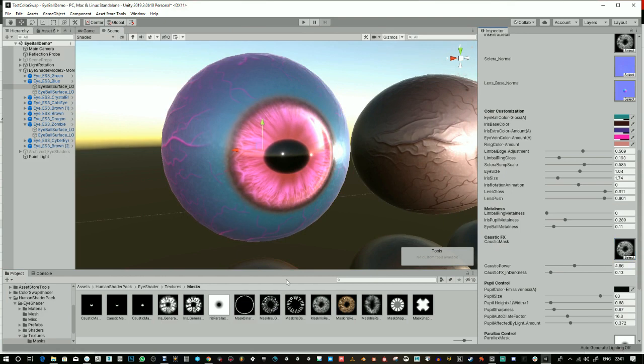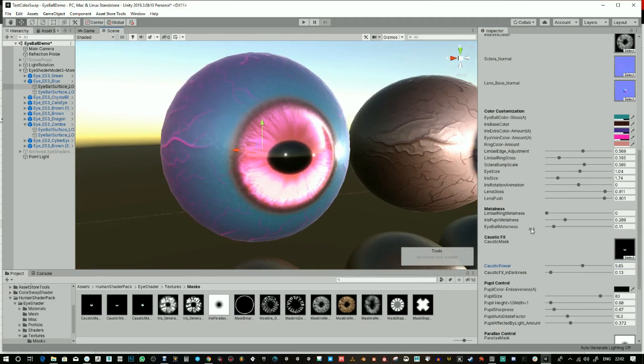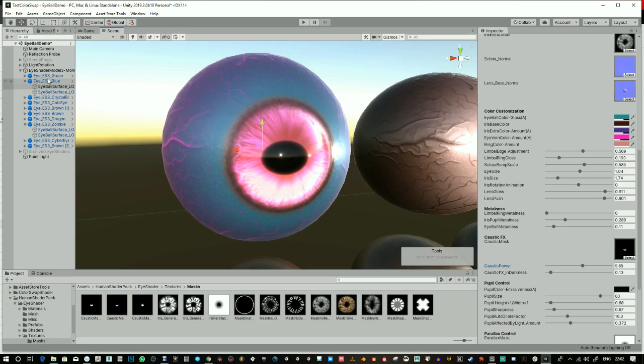But really you should be using these ones. That's what they're designed for. You can choose whatever works, or you can make up your own. So as I move the directional light again,